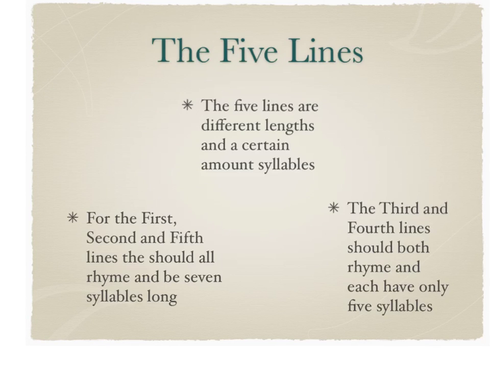A limerick poem has 5 lines. Each line is a different length and has a certain amount of syllables. The first, second, and fifth lines should all rhyme and be 7 syllables long. They should be longer than the third and fourth lines. The third and fourth lines should rhyme with each other and each have only 5 syllables, so they're a little